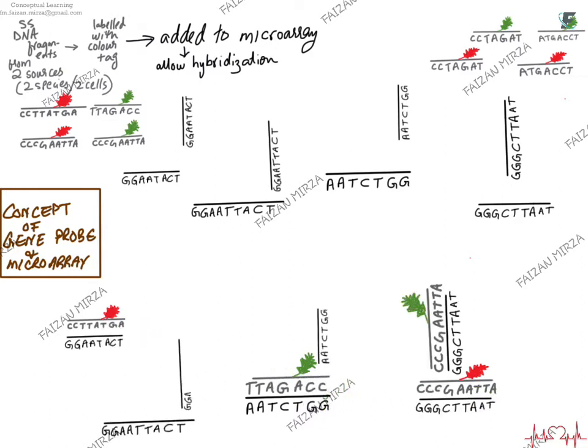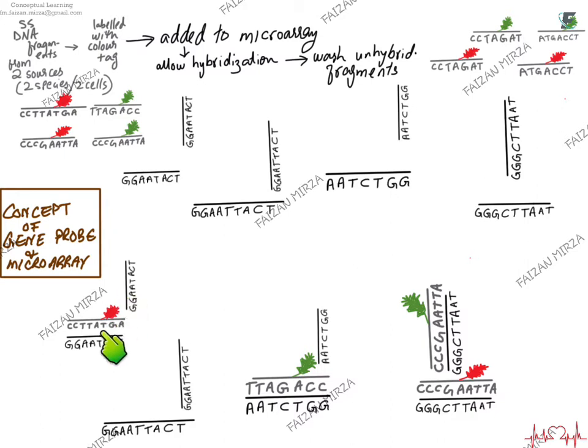This is all complementary base pairing, because the gene found its probe, or you can say the probe found its gene. So I'll wash off the unhybridized fragments of the DNA so that they get removed from here. Now, you can see that this gene probe found its complementary gene in one of the sources